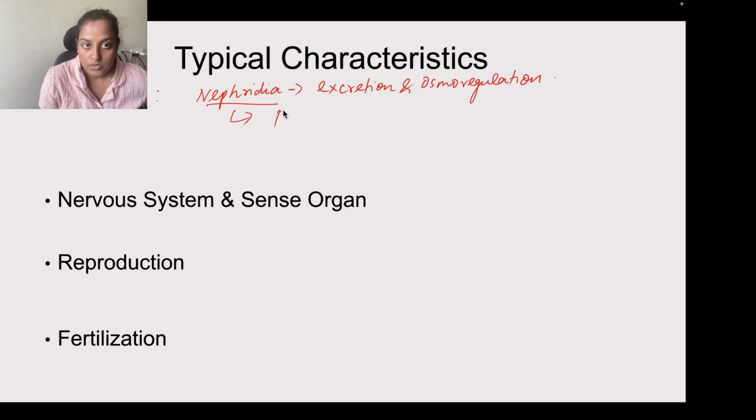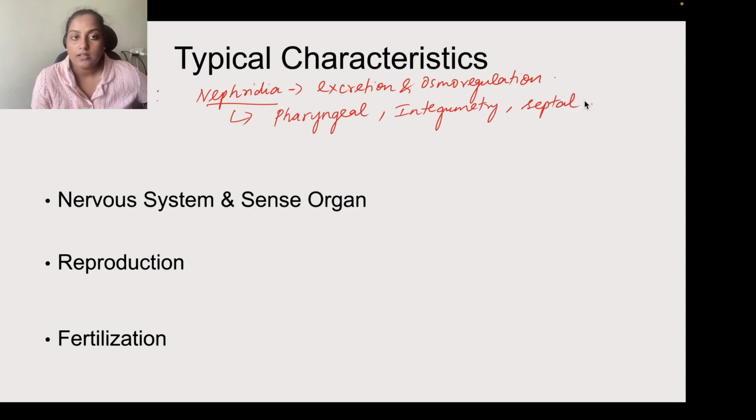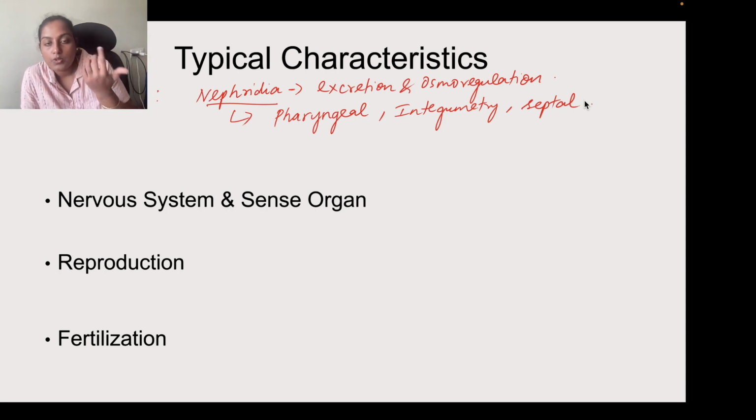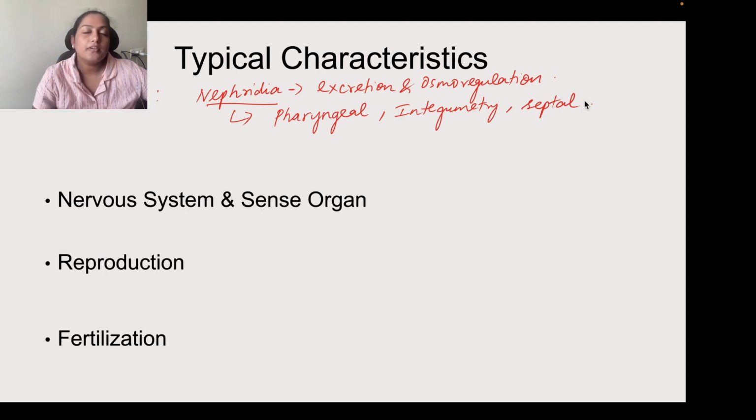Okay, so pharyngeal nephridia, then integumentary, and then septal. Yeah, so there are 3 types of nephridia present in these organisms, which helps in excretion and osmoregulation. Apart from that, from the exam perspective, I wanted to introduce 2 important names. One is